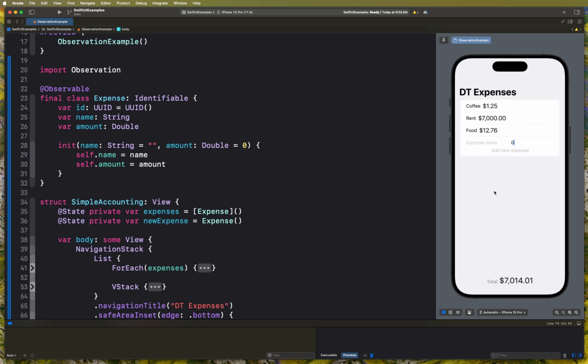All right, so with that, we have reached the end of this video where we actually built a mini expenses app using observation framework and SwiftUI, just to see how easy it is with the observation framework to build out something that can publish all the properties and broadcast changes, and you can listen and update the UI